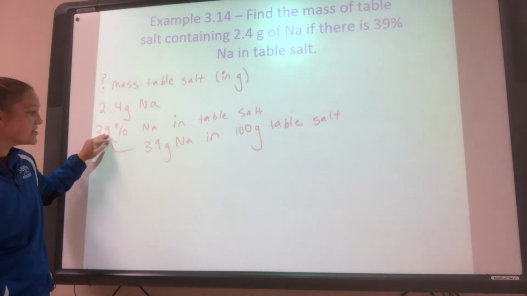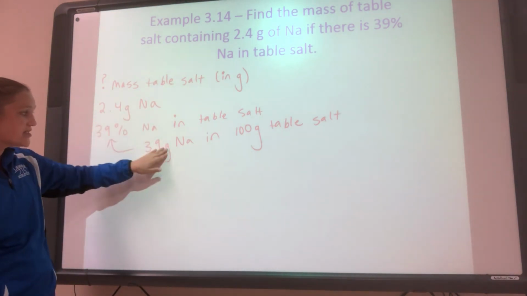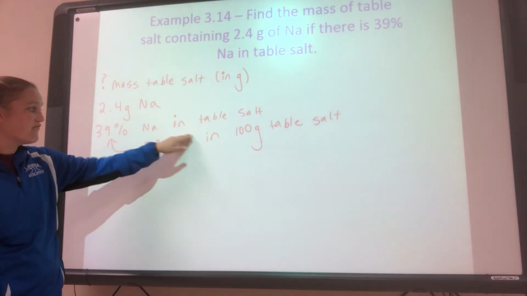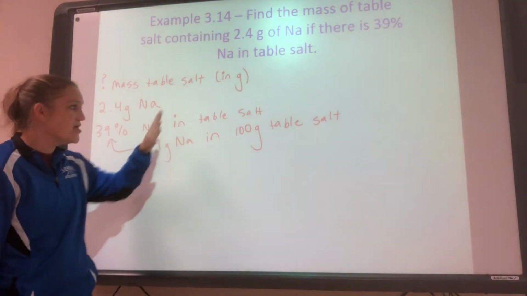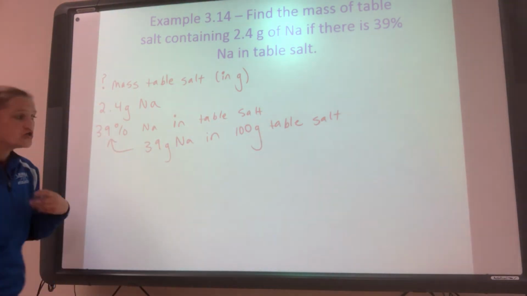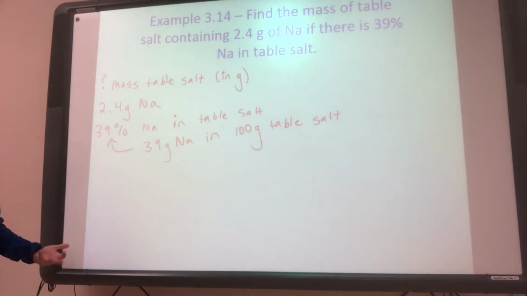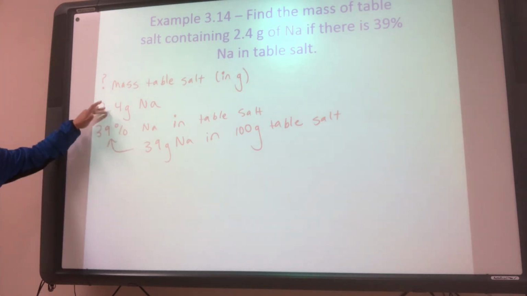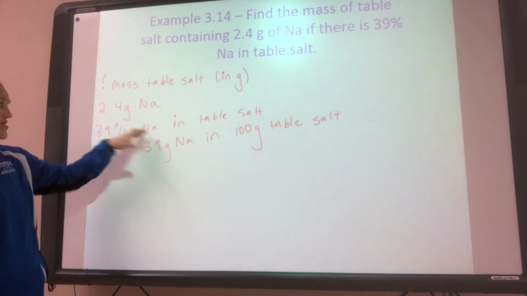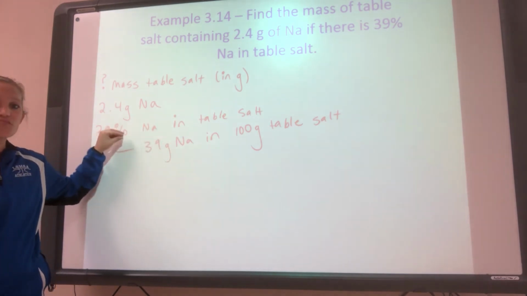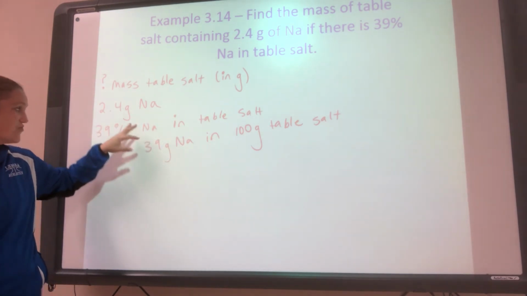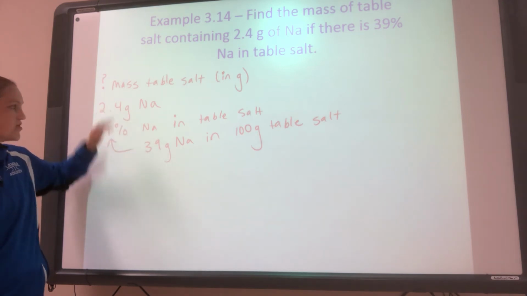So I changed my percent to be whatever the percentage is, it's that many grams of the element, and it's always going to be 100 grams of the compound. So the element within the compound. So then we want to say, well, where do I start? Do I want to start with the 2.4 or with this percentage that we rewrote? Remember, we're going to use percents as conversions. So if you see the percent, you don't want to start there. You want to start with the